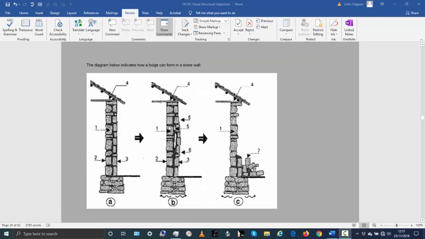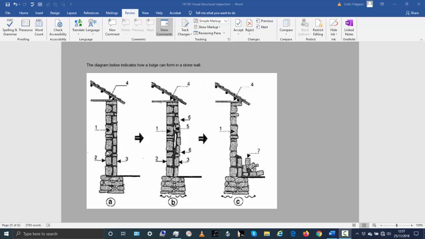Now, this is how a bulge forms. This is basically how stone walls were constructed back in the day. There's no cavity, it's a solid stone wall. The stones were cut and shaped, and the good face was put on the outside here, and then another good face on the inside here. Now this stonework looks very tidy. It's often not this tidy. Often in the core, the stones are quite jagged and it's just filled with rubble, a rubble-filled core. And you effectively have two leaves.